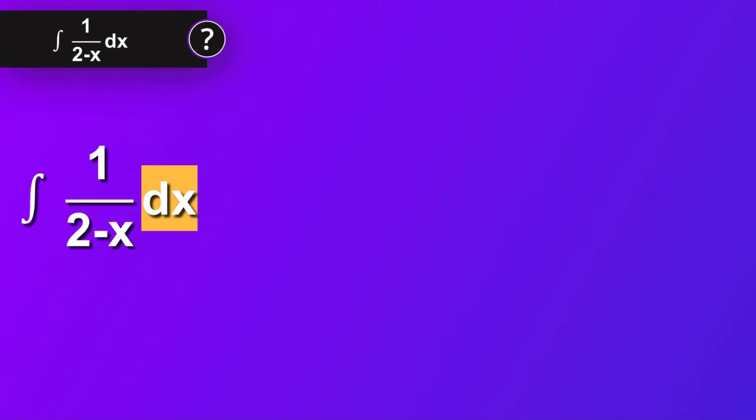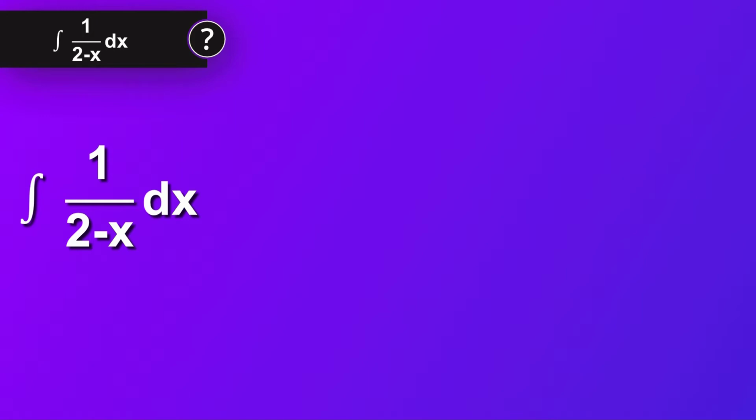From the symbol dx, we know that the differential of variable x indicates that the variable of integration is x. In that case, to solve this integral, we may apply the so-called u substitution method. We do it in order to modify the integral in a way that enables using some formulas for finding